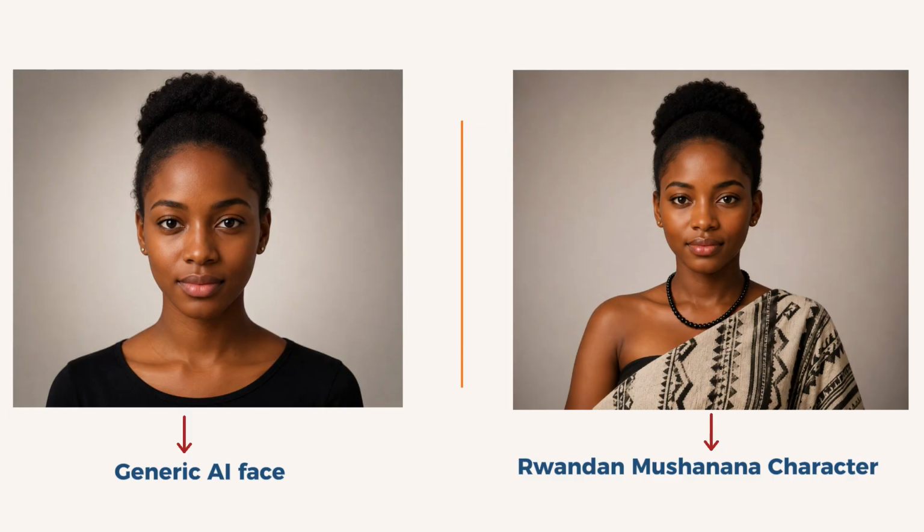Most AI characters look the same. Generic face, neutral clothes, no cultural context. That is because the default AI training data skews toward a narrow range of appearances. The fix is not a better tool. It is a more specific prompt combined with the right model. Today we use Google Flow, Nano Banana Pro, a free image generation platform that gives us precise control over cultural